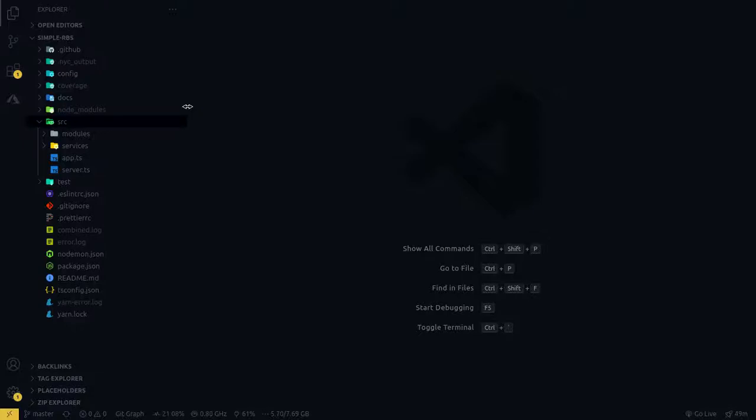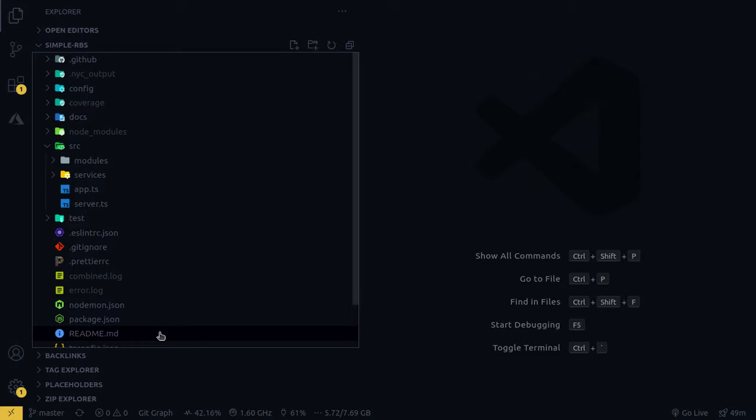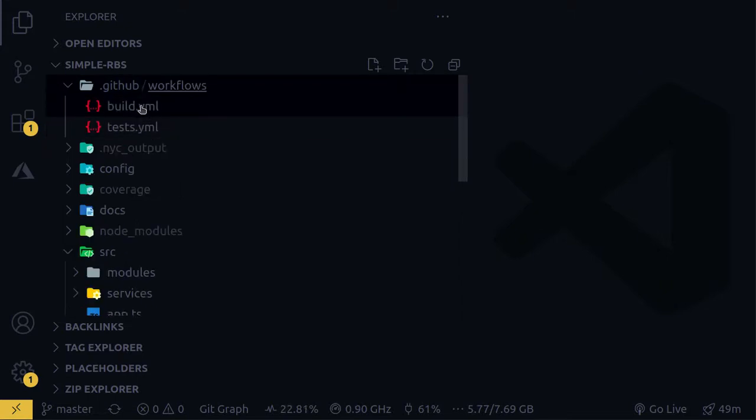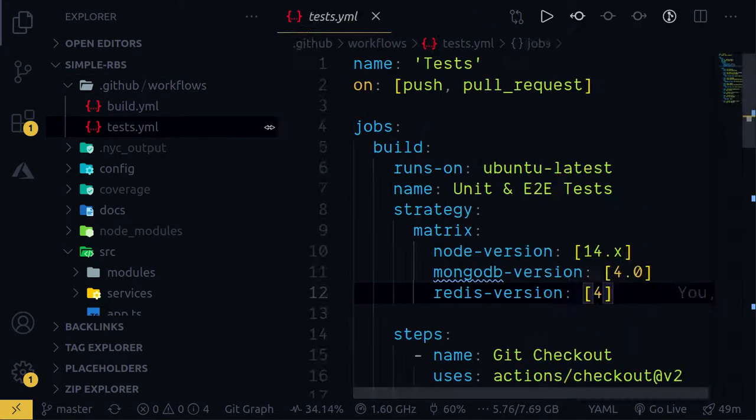So in this particular video, I will demonstrate the project structure that we have. This is an application written in TypeScript. The first part, as you can see, will contain all the CI actions that we have. It ensures the package builds every time. And the test.yml describes the CI action that we have to test our changes on the CI server.